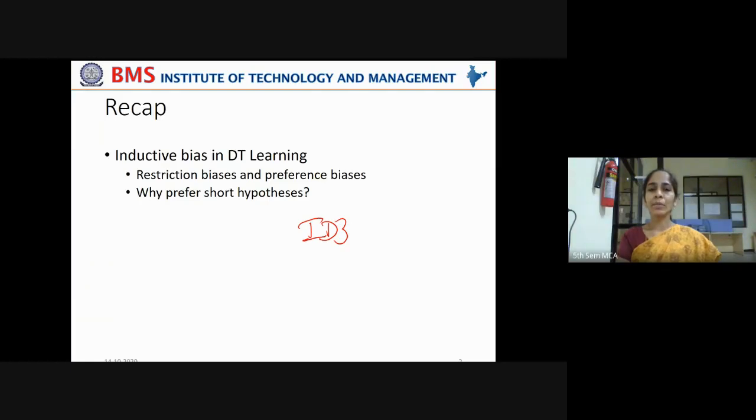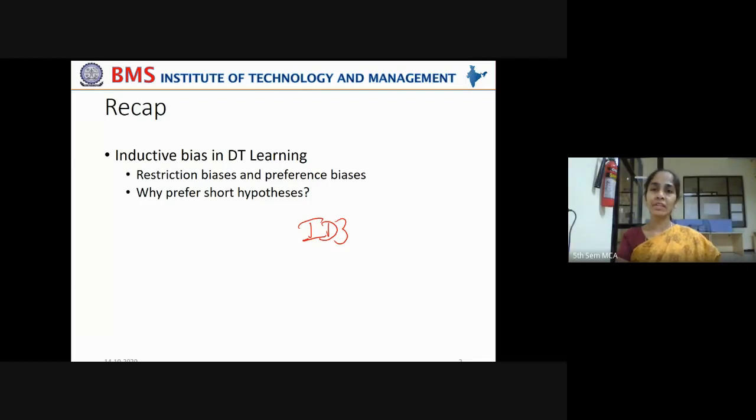And what about the Find-S and candidate elimination algorithms? What kind of bias is it? Preference or restriction bias? It's restriction bias. Why? Because the candidate elimination algorithm tries to minimize the version space in order to contain only hypotheses that are consistent with the training examples, right?